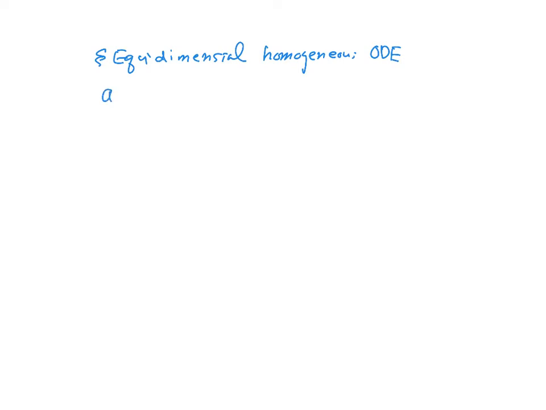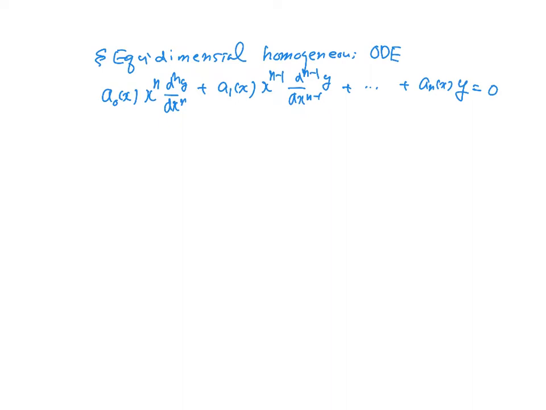So assuming that we have a0 x to the n d^n y over dx^n, and so on, say constant coefficient a0, you can transform this into the following form: dz d minus 1, dz d minus n plus 1, yz